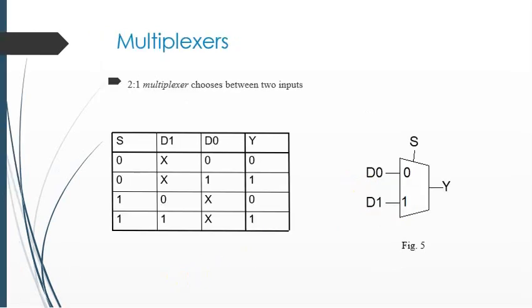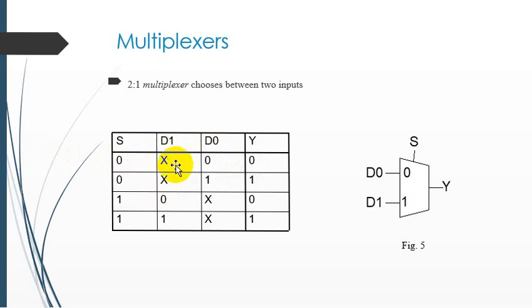The very important thing is to develop the multiplexer with the help of CMOS technology. As we know, the basic function of the multiplexer is that one line is activated with the help of the selection lines, and the output will be the same as that particular line. So here is basically the truth table. You may also be familiar with this truth table. When the selection input is 0, it means that our D0 line is in activated mode. The output will be the same as it appears on the D0 line.